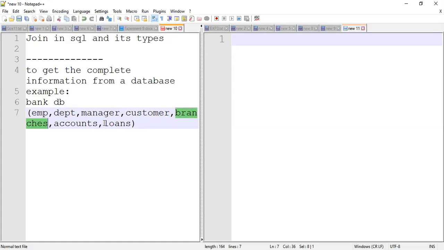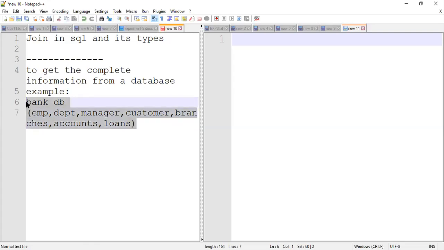Loans. What about the loan? Let some customer or the user of the bank have given some review, let's say the interest rate of the loan is not good. So like this. To get complete information from the bank, we need to, as a database user, as a database developer, as a query developer, whenever you are designing a database, we are planning those things, whether this database will be able to give that information or not. So that's why we need join.